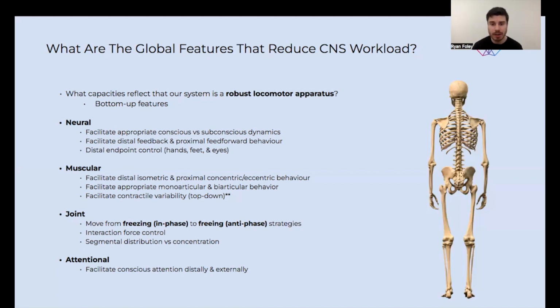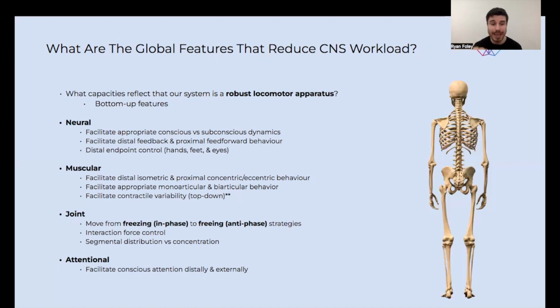Okay, which we have starred here because this would be a feature or an important capacity that we might want to challenge early in the treatment process and rehab process, where our muscular tissues develop the capacity to express each of these contractile behaviors to manage forces. So can they manage forces concentrically? Can they manage forces isometrically? Can they manage forces eccentrically? Okay, which will all help deliver that rich sensory feedback to the nervous system and build that cortical awareness early